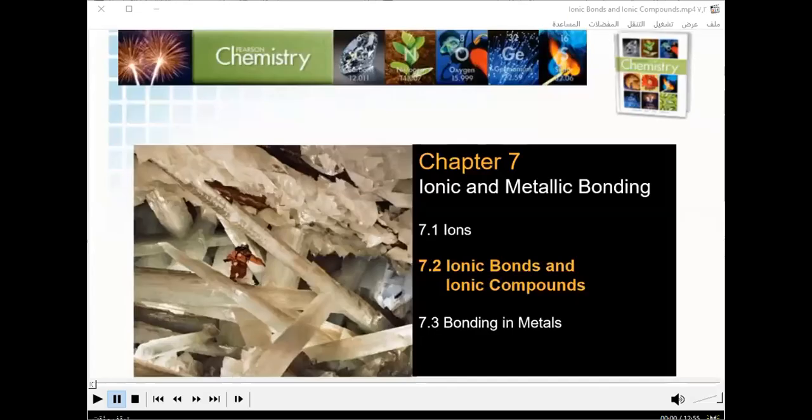Faisal Abdullah, can you repeat the answer? Okay, I will repeat my answer. Ionic bond: it's the complete transfer of valence electrons between atoms. Yes, teacher. Ionic bonds are the electrostatic forces that hold ions together in an ionic compound.